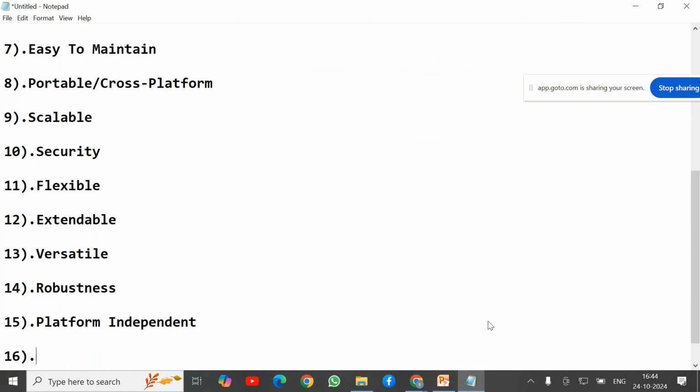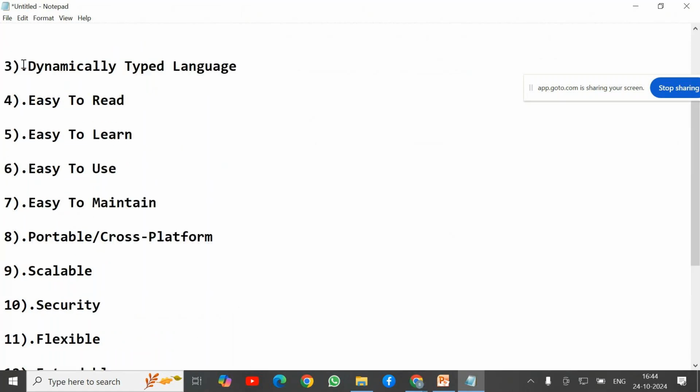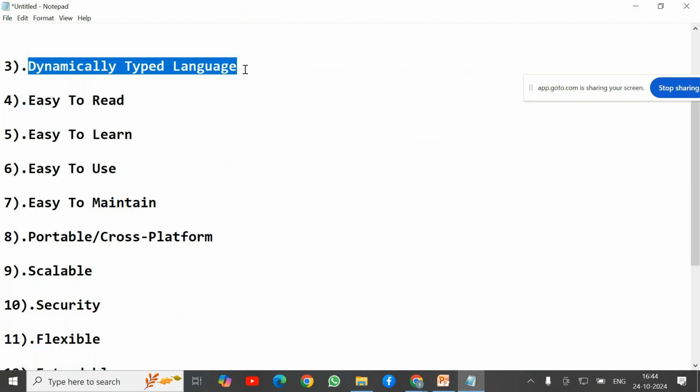Python is a strongly typed language. Observing very clearly, Python is a dynamically typed language. Dynamically typed languages can be categorized into two types: strongly typed and weakly typed. Python is strongly typed, but JavaScript is weakly typed. Observing very clearly,